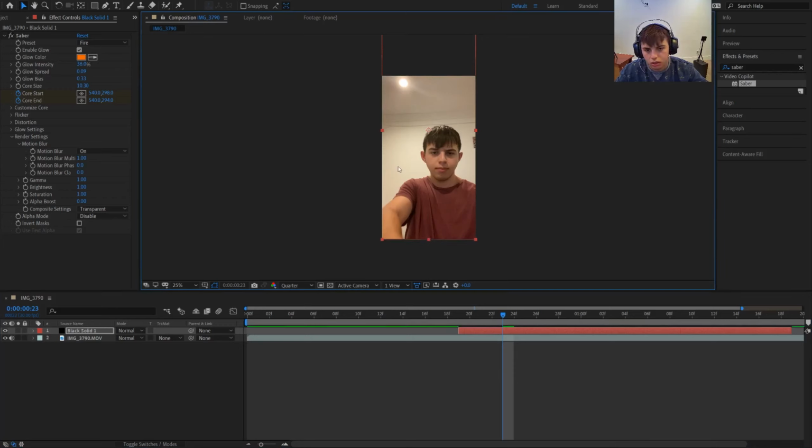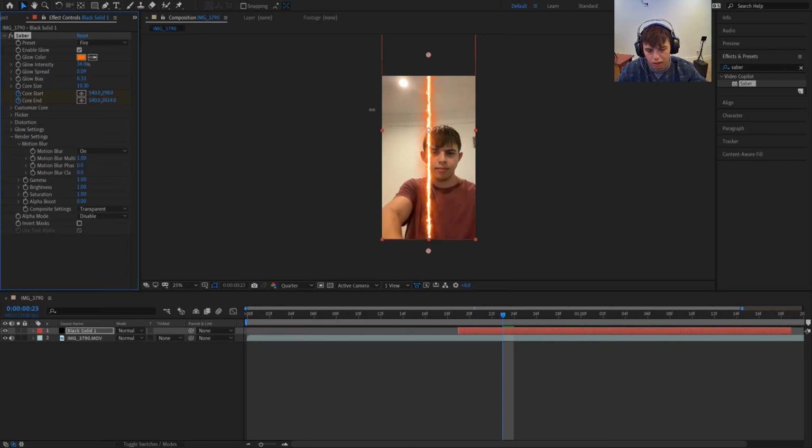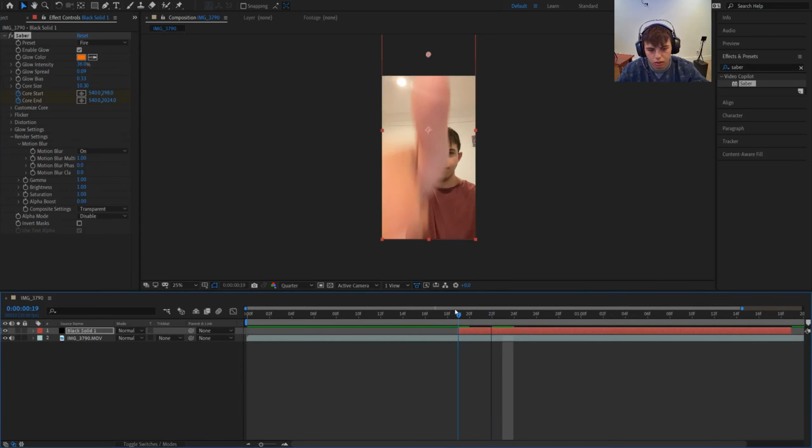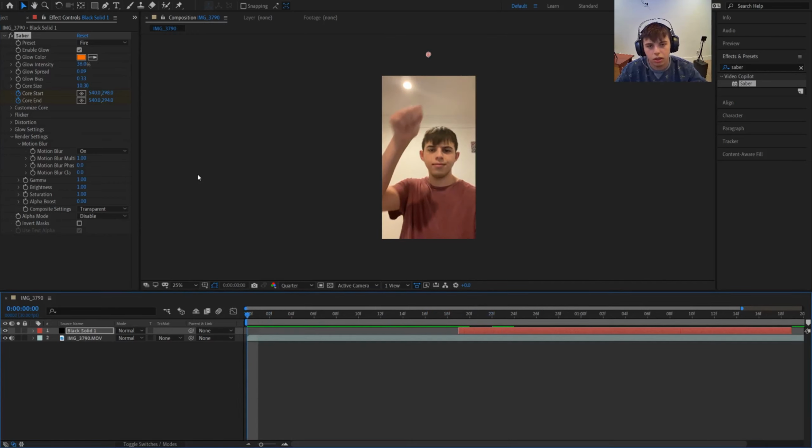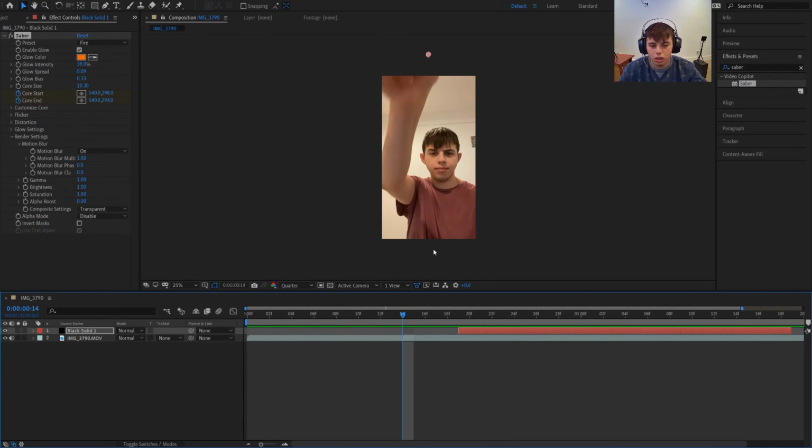So I expanded the layer so that the saber can actually hit the bottom, because it wasn't hitting the bottom. And I go to core end and I drag it all the way to the right until it gets to the end. Now it's pretty sloppy, but you know, here's the final result. You have a slash, right? You can get an audio sample of a slash or something, add it onto there,